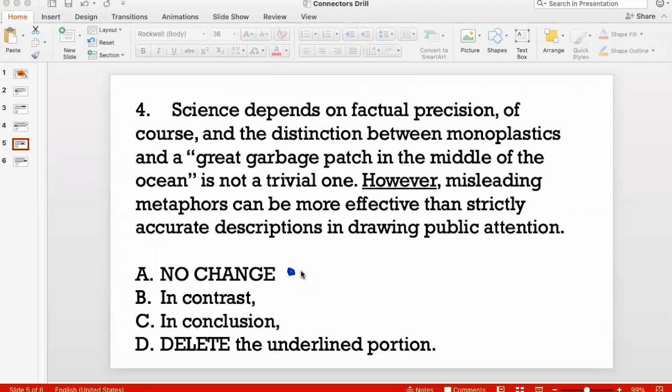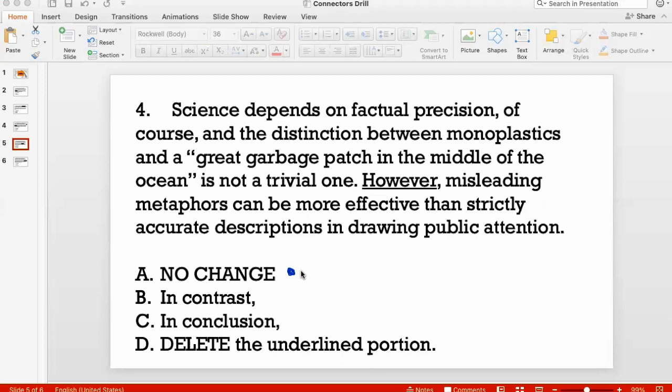For example, Jeff is a non-smoker and cannot bear the smell of cigarette smoke. In contrast, his best friend Pete, who is an avid smoker, loves the smell of cigarette smoke, it doesn't bother him. So it's a contrast because I spoke about the experiences of two different people, Jeff and